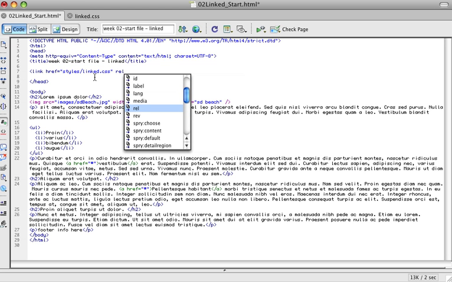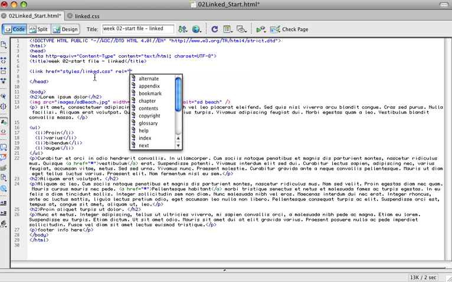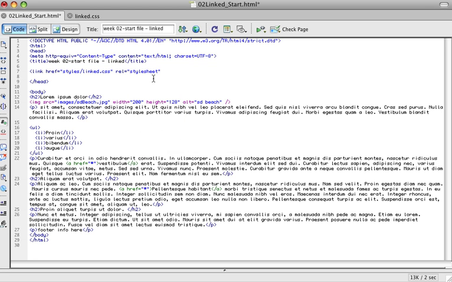Then I need to put the rel tag in there, which basically lets me define like the relationship. So it's letting the browser know what type of file this is, and you can see that it basically is going to offer a list of options right here. One of these options happens to be a style sheet, so I'm just going to use that style